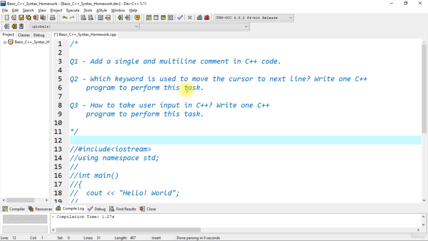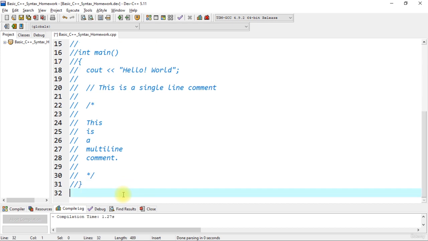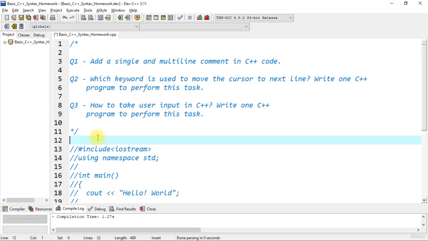I hope you guys are clear with the solution for the first question. Now let's move to question number 2. Question number 2 says: which keyword is used to move the cursor onto the next line, and write one program in C++ to perform the same task. So question 2 is asking, okay, let me write here